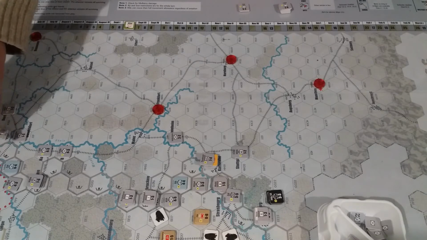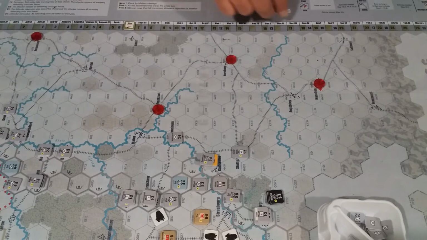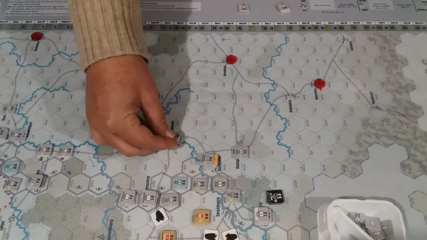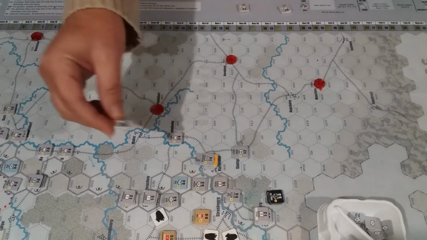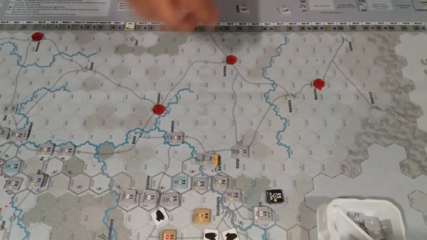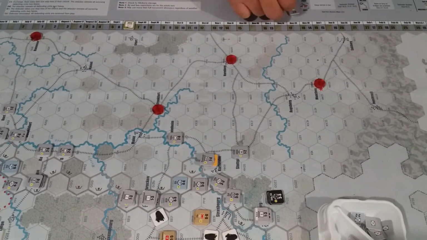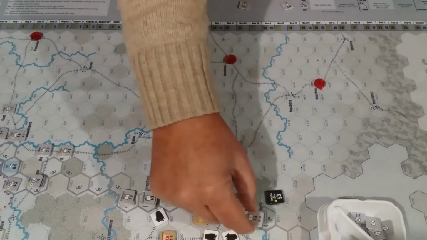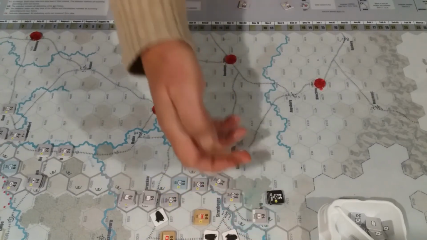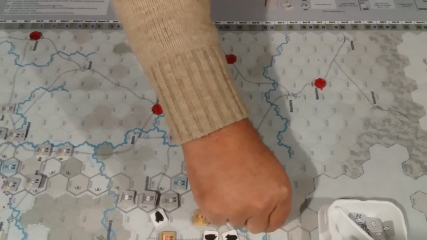And again, we're going to go to Düsseldorf, Köln, Bonn, Mannheim, Strasbourg, along with an infantry, and we'll put an infantry into Freiburg as well,